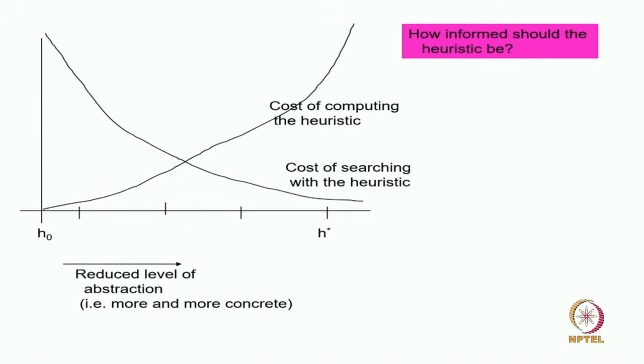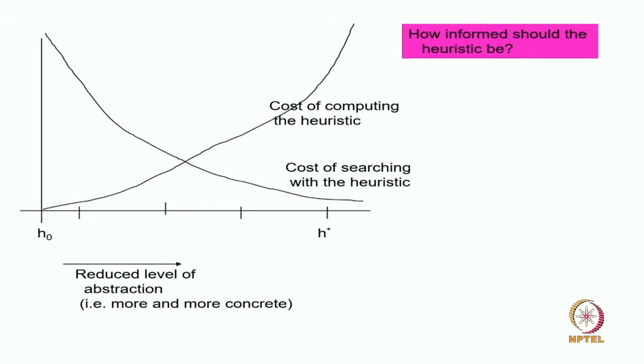and what I am varying on the x axis is how informative the heuristic is. The most informative heuristic is, as we have discussed, the H star heuristic, and the most uninformative heuristic is the H 0 heuristic. So what is H star? I know the exact optimal solution cost. And what is H 0? I know nothing, I feel I am the goal. And so ideally what will happen is that the cost of computing the heuristic